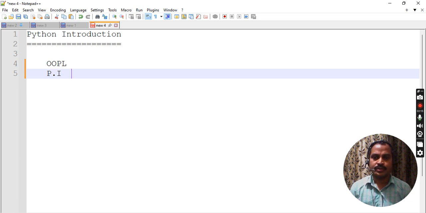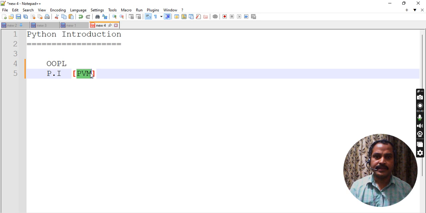Okay, so why? Because internally Python contains one product called the PVM, Python virtual machine. What is the work of the PVM? The main intention of the PVM is that whatever application we develop using the Python programming language, that entire application is loaded into the PVM and it will generate the application. First of all it will check syntactically whether the program is correct or not.